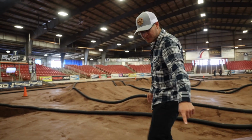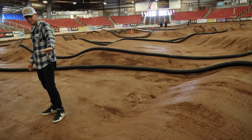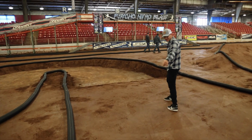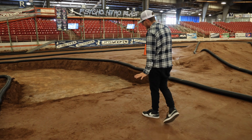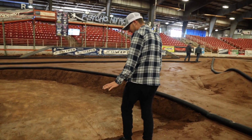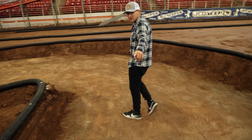As we approach this next section, you're going to have this huge jump single into the next section where I don't think most cars will be sending it all the way down in, but you'll land here. And then I guess this is a concrete section. This is the first time I'm seeing this. This is probably like a 2 feet drop. And I think what you end up doing is